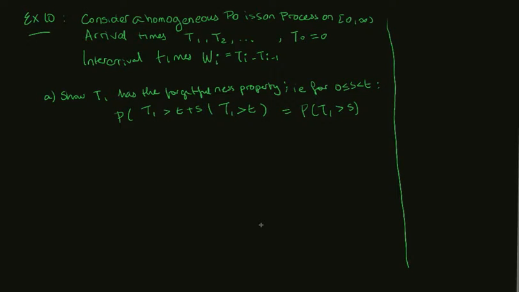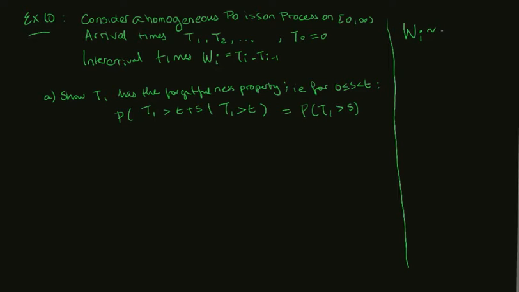Exercise 10: we consider a homogeneous Poisson process on the non-negative real axis with arrival times t1, t2, t3, and so on, and with inter-arrival times defined as the difference between two consecutive arrival times. So let's just add here that we assume the Poisson process has intensity lambda, in the sense that